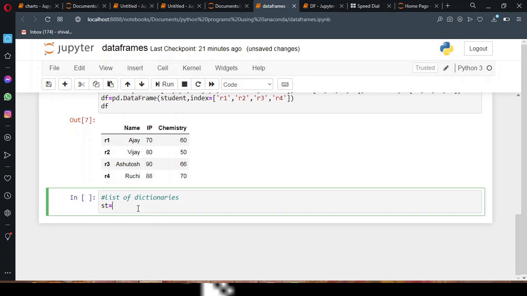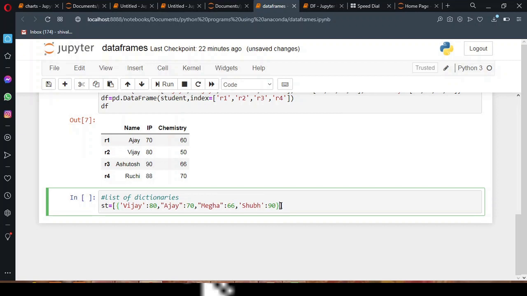So defining the list of dictionaries, that means a list, and then for each dictionary we have to take curly braces. In this I am going to paste the data, which is for Vijay, Ajay, Megha, and I'll be passing one more name, and the value is maybe 90.